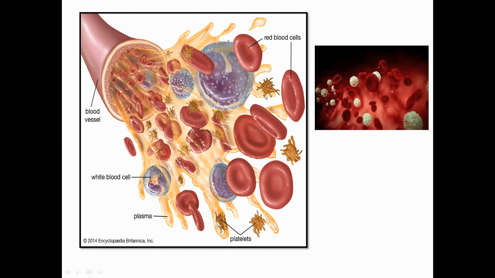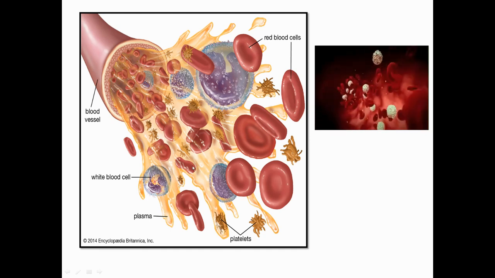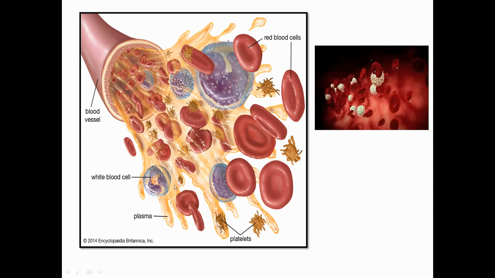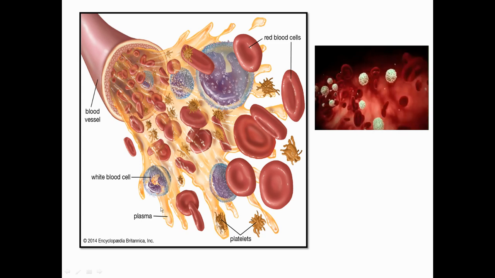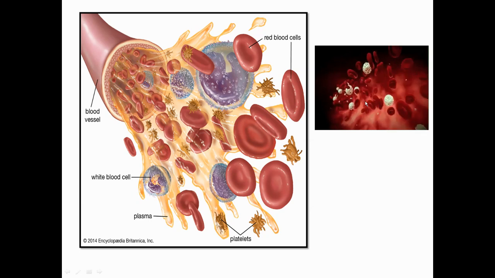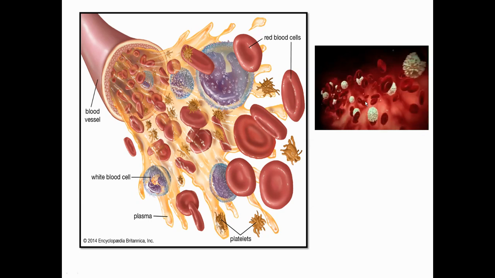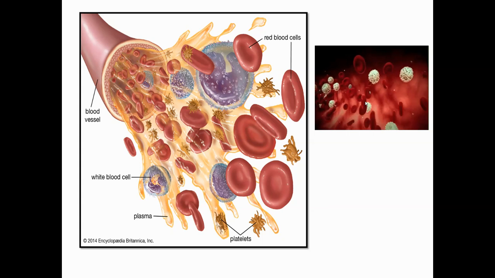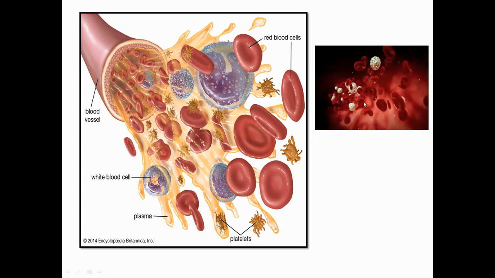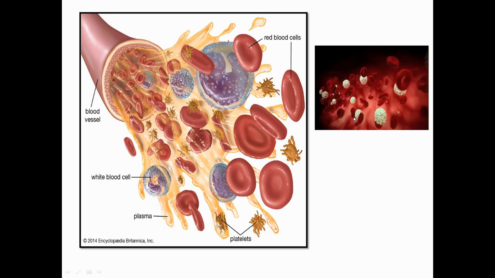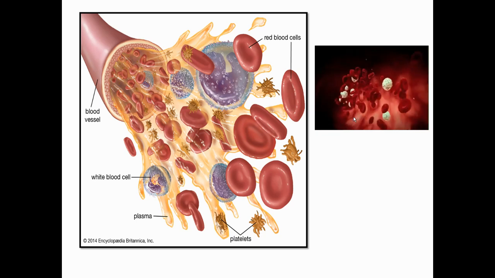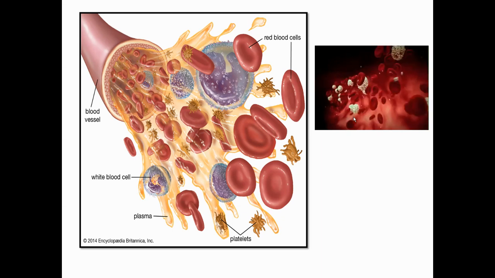These irregular shaped bodies being present in the blood are the platelets, and the matrix or the fluid medium is the plasma. In this video also you can observe the red color cells are the RBC and pale or white color texture cells are the WBC, and small white drops, these are the platelets, being irregular in shape, and the medium is the plasma in which all of the elements are present.